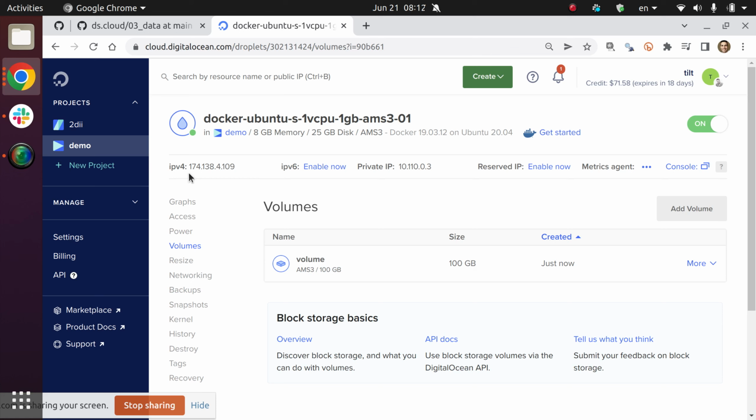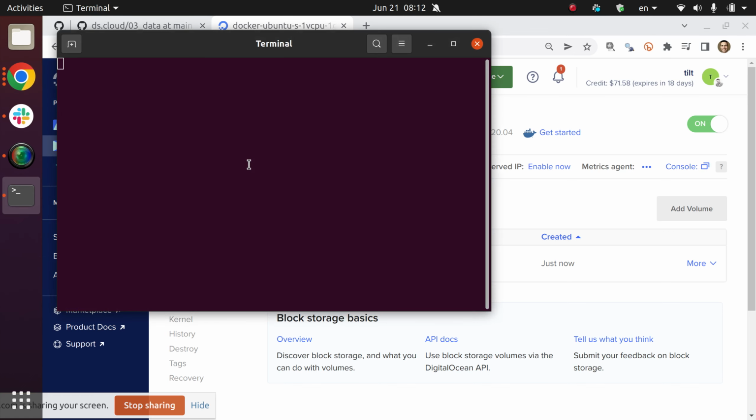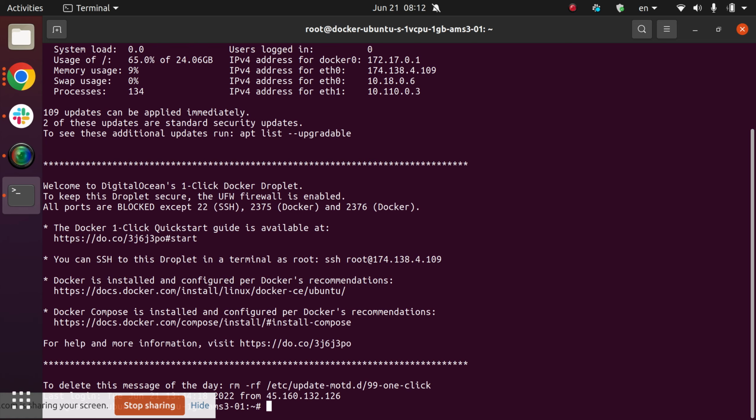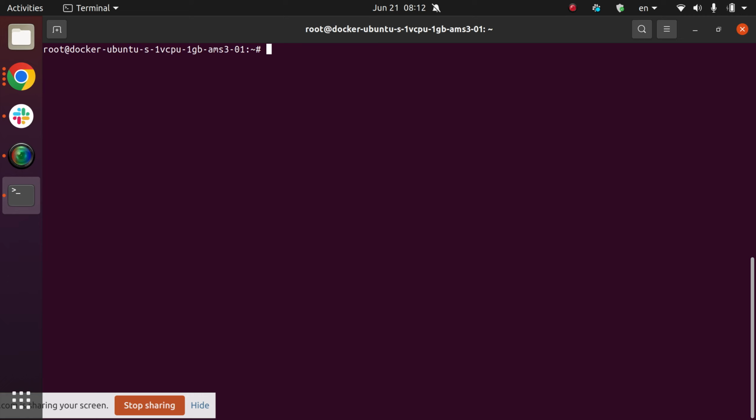It's called IPv4. The name is not important. The idea is that this address allows us to pop up, for example, a normal terminal in my computer and use the program SSH and say, hey, I'm going to be the root user at this specific address, at this specific droplet. So by running that, you connect directly to that droplet, and you can use the command df, which